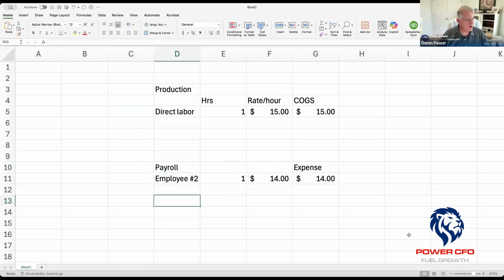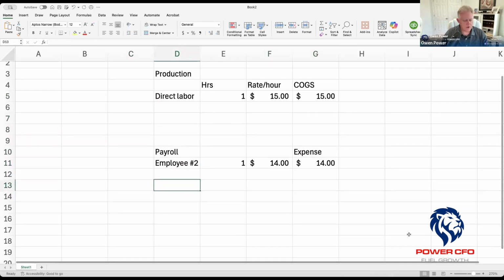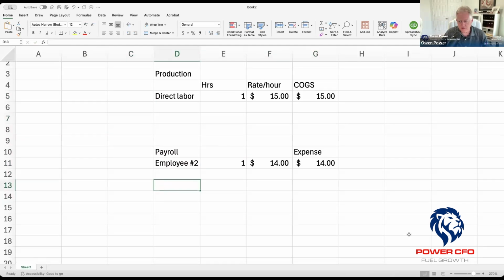So in our books, the system is going to do some entries for us. And when we sell this item that took us an hour to make at $15 standard cost,